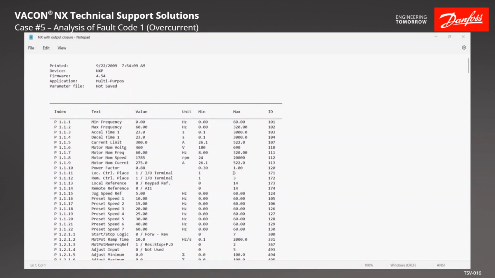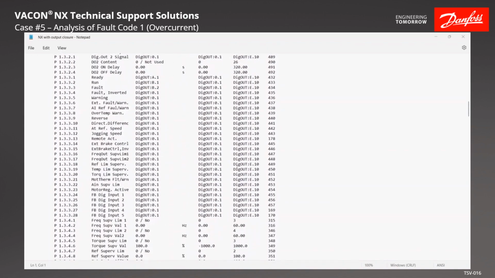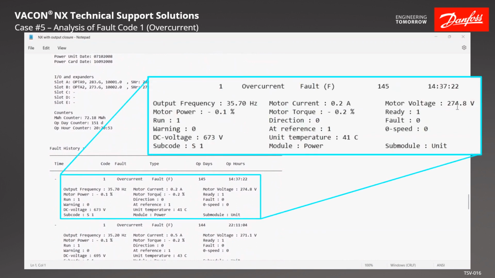In this example, we are looking at another drive with overcurrent trips. So if we go down to the fault history, we can see that we are looking at overcurrent trips. And again, you see where some of the data here doesn't quite look right. It says we got an output frequency of 35.7 hertz. We have no current,